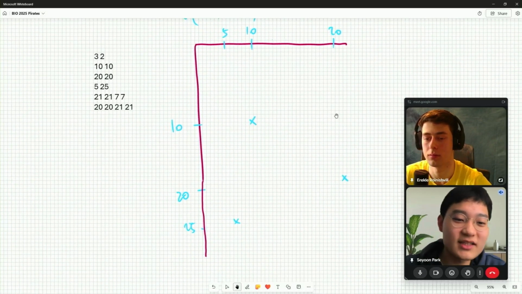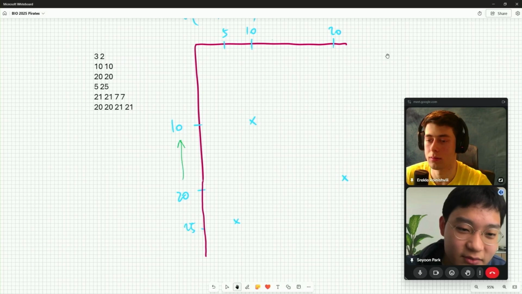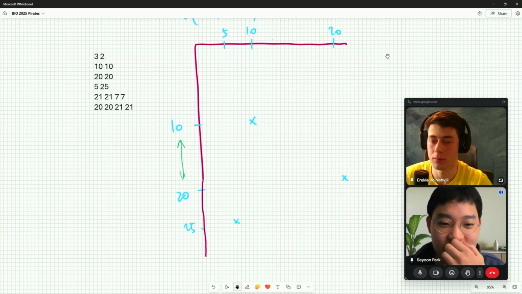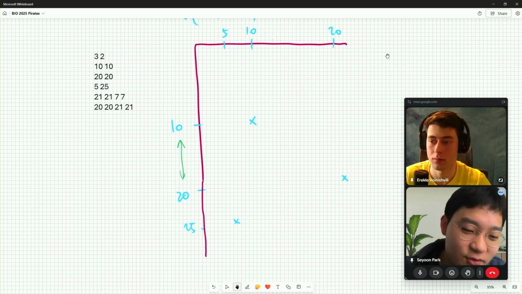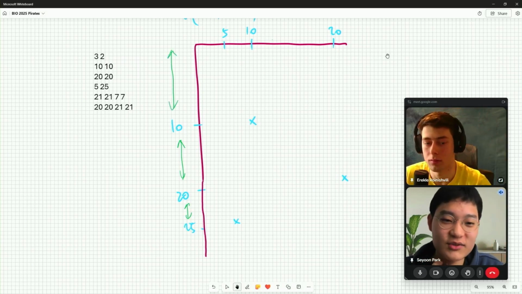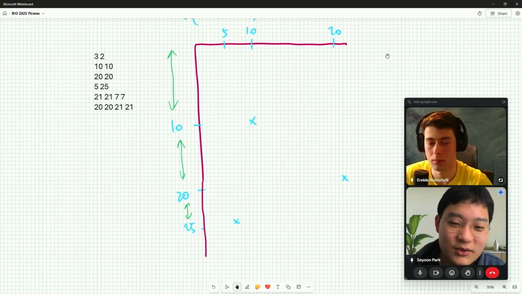You can notice that all the values between 10 and 20, so from 11 to 19, are not relevant at all. Same with 21 to 24, and also 0 to 9. They're not useful because this is all just wasted space.